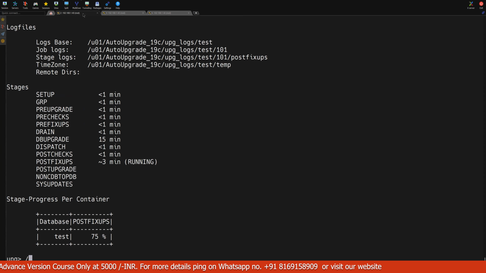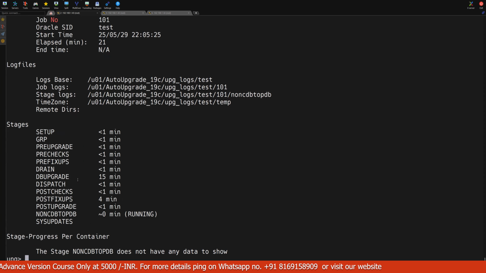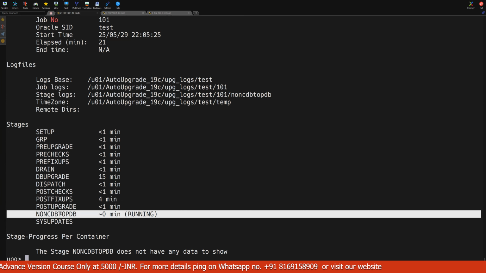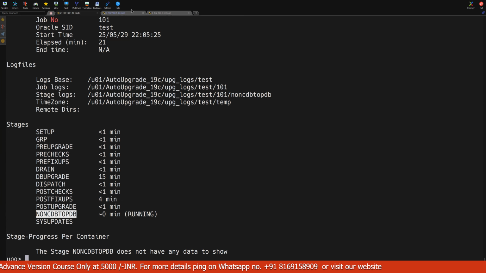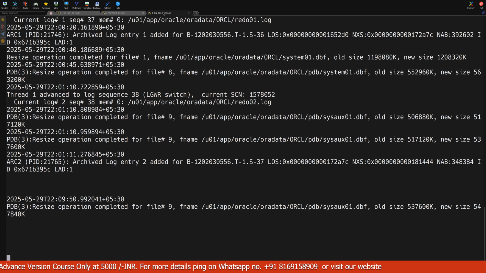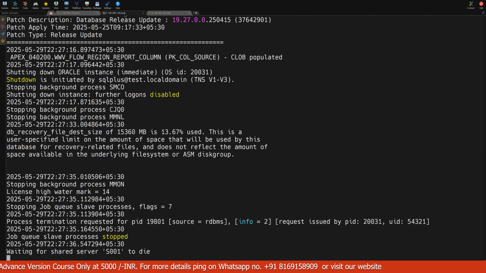Now let's see what the status is here. This is almost finished. Now it is going for the last step, that is non-CDB to PDB conversion. So in this scenario, that means we should be able to see upgrades happening in the alert log of